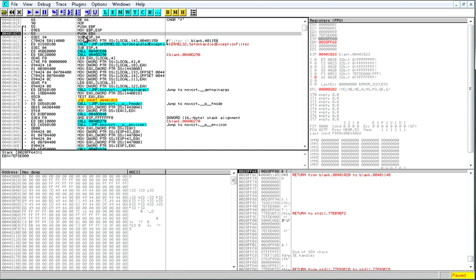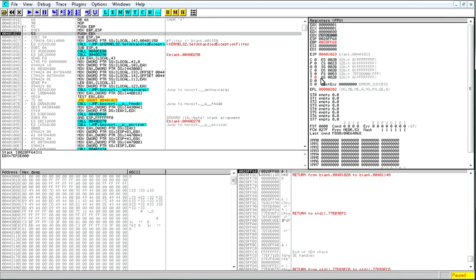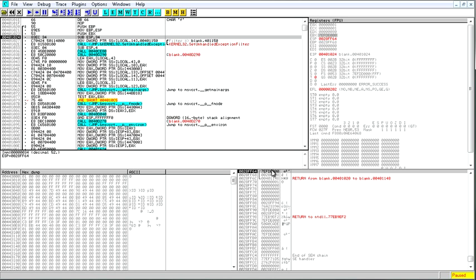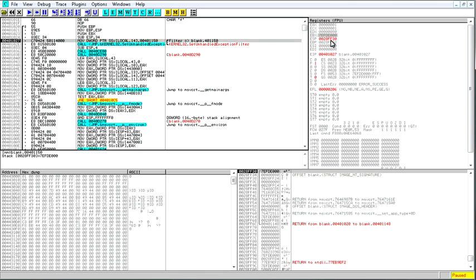And now, again, we see push EBX. Okay, so we're going to put what's in BX on the top of the stack. There it goes. Sub ESP, 34. What that's going to do is subtract from ESP 34 in hex, or 52 in decimal. Tells you that right here. This is your like little information window. Tells you stuff about the current execution. So if we hit F8, we'll see that ESP got subtracted.